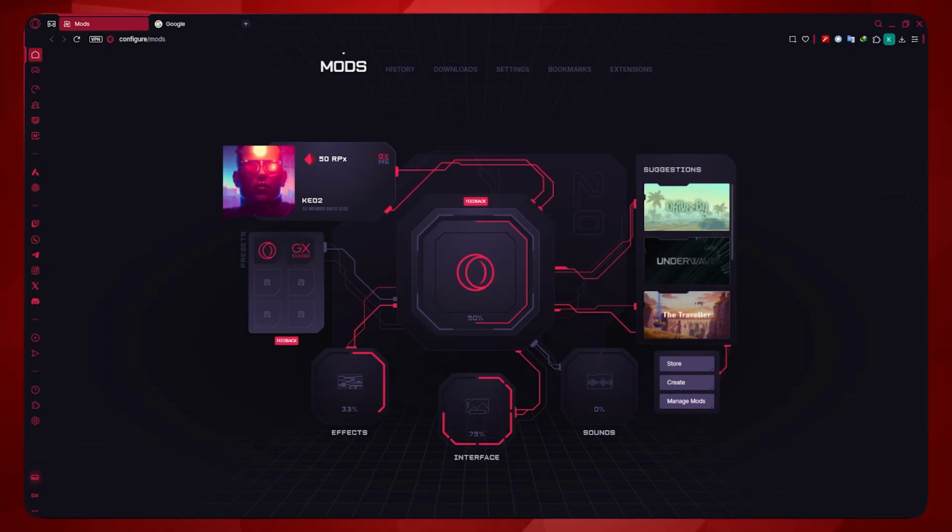How to make a theme in Opera GX. So let's get started. Alright, so now to create a theme, you would need to create a mod